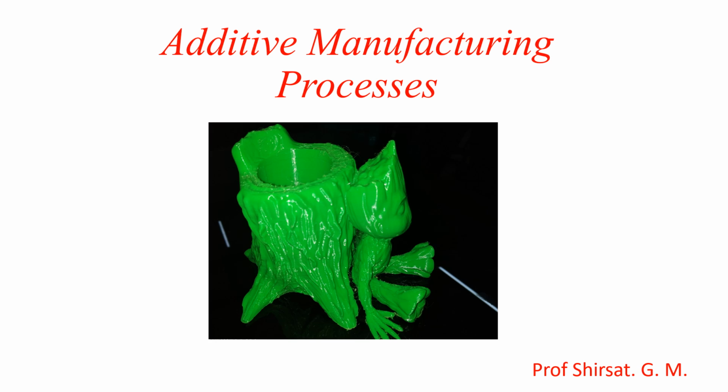So we can save our time, we can save our money, and in terms of application, this additive manufacturing process is applicable in almost all different types of fields. In this particular video, we are going to see the basics of the additive manufacturing process: how it works, what the different types of process chain are, what the different types of materials used for this process are, and what the different types of applications are, in detail.